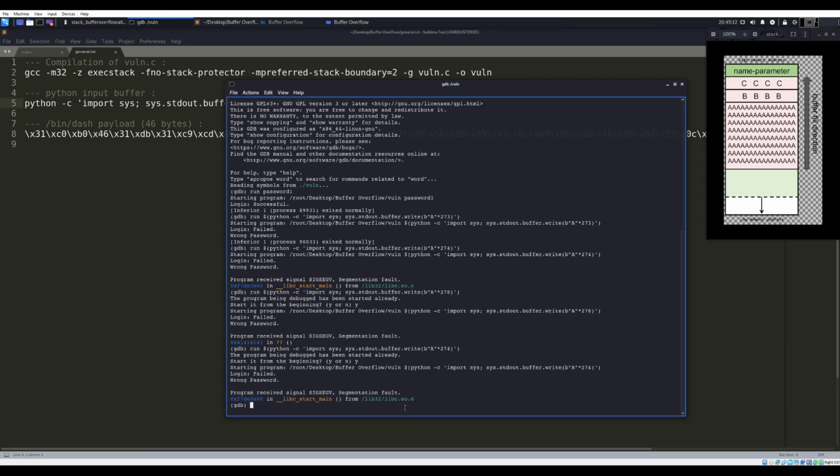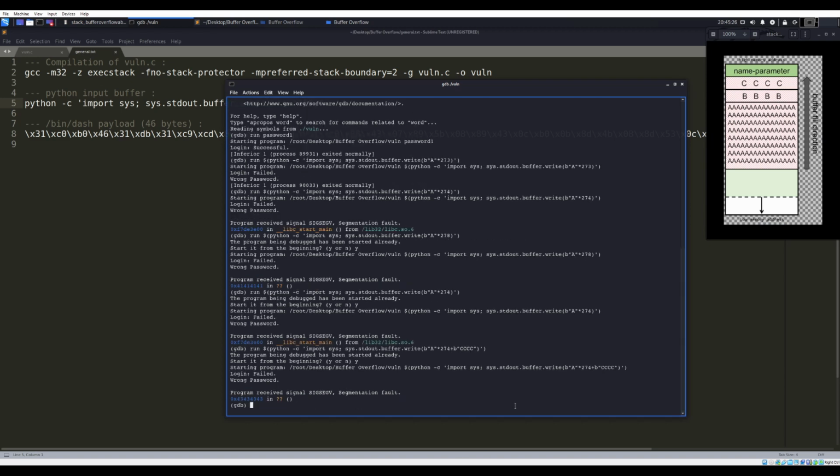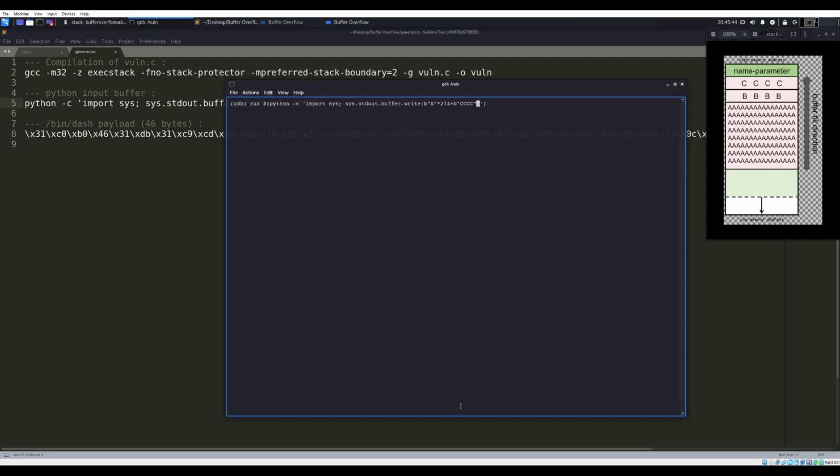And then if we write 4 more A's, so let's add a plus symbol, and I will write the letter C as it's up there on the diagram. Yes, we get 43, 43, 43, 43, which means that we were able to control the return address. So if we want to be accurate with the diagram, let me clear the screen, that would look like